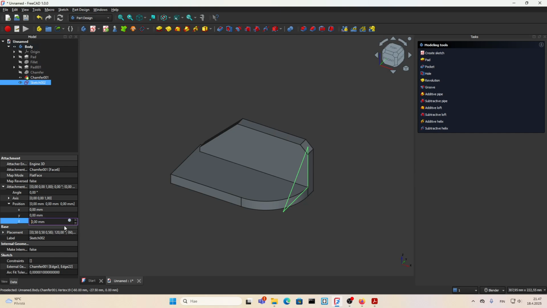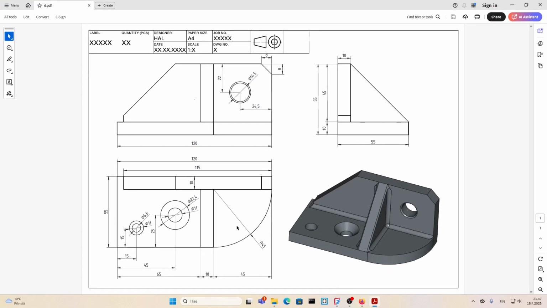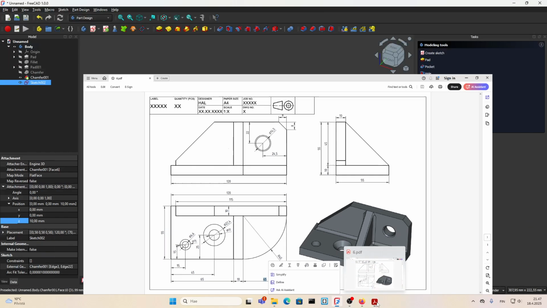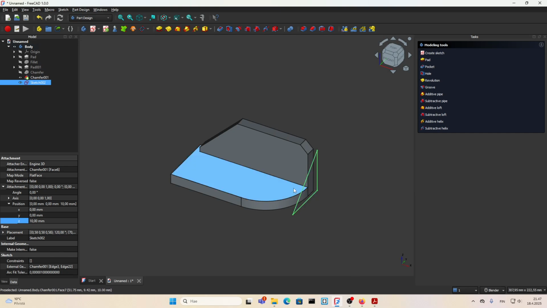Let's put 10, see what happens. It moves this way, 10 millimeters. So I want it from here to here, 45. If this is 10, it means that this direction is going to be negative. So negative 45, negative 45,